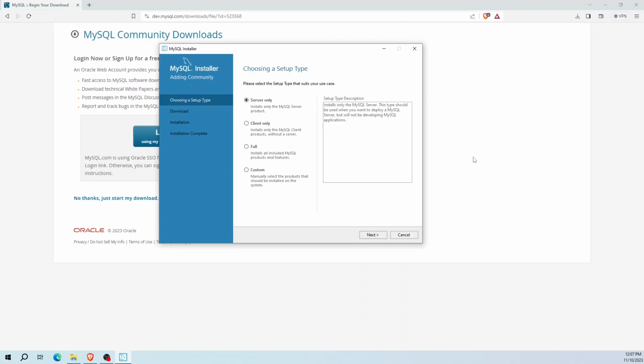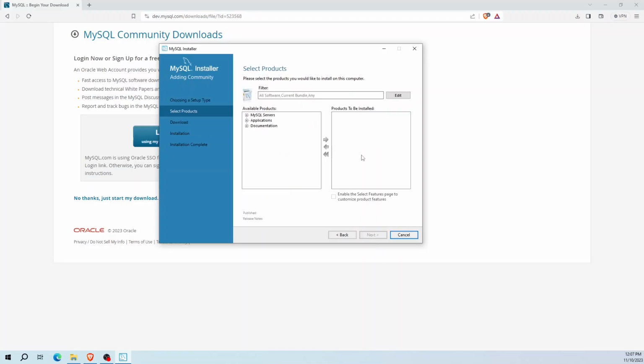Now from here, since I want to know what I'm going to install in my machine, I'm gonna click custom. Click next. Under select products, from the available products group, highlight MySQL servers and click this little plus button beside the MySQL servers. Expand it. Now highlight MySQL Server installer and click this green arrow key to move this installer to products to be installed